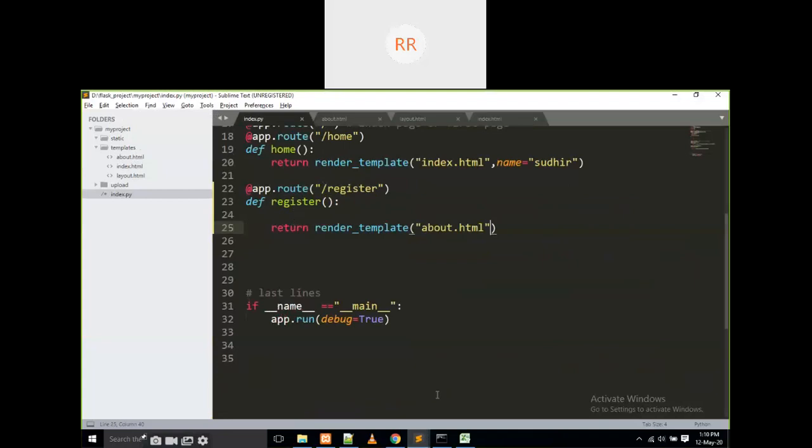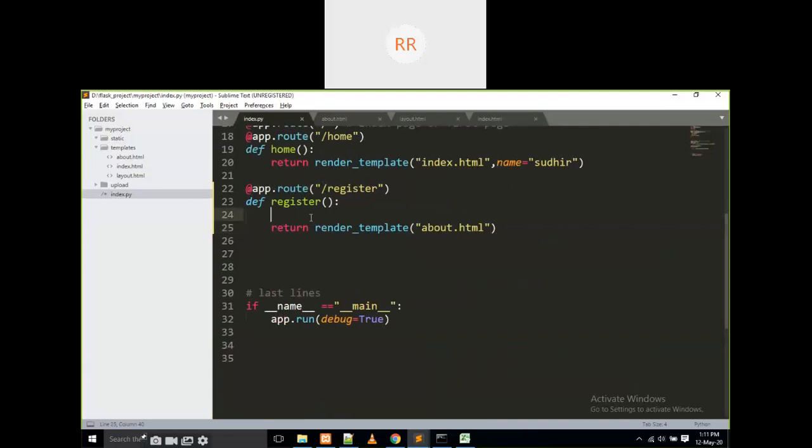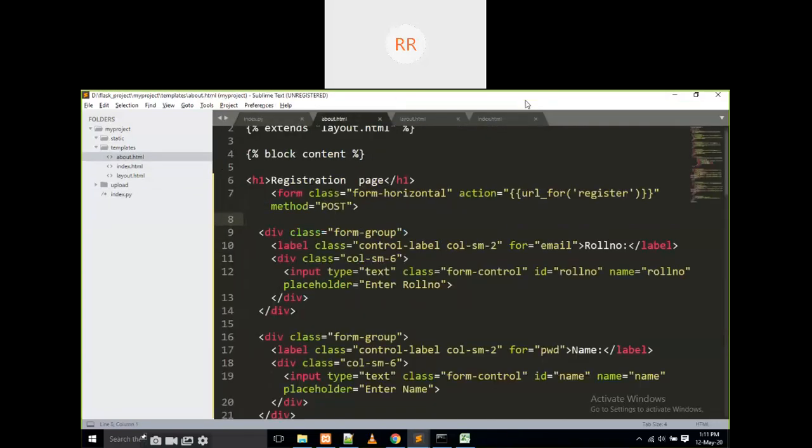It is going to be posted to this URL underscore register. Where is register? Here is the register. That means here we are going to write the code that inserts data into the database. Is it clear, everyone?